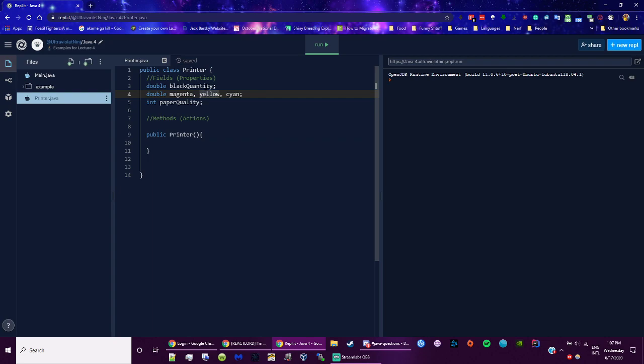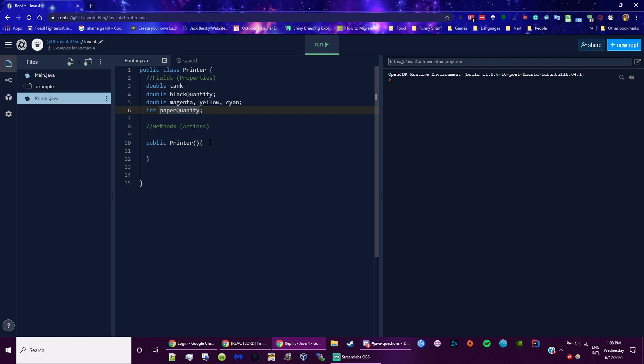But for here, we just want to say that we have a tank quantity for every single ink tank in a given printer, and initialize the paper quantity to say that we're giving a certain number of pages to a printer to print out